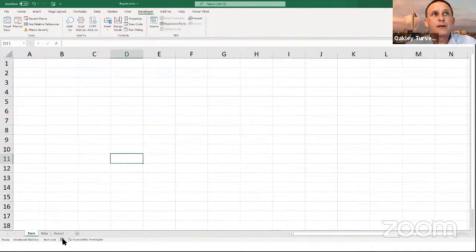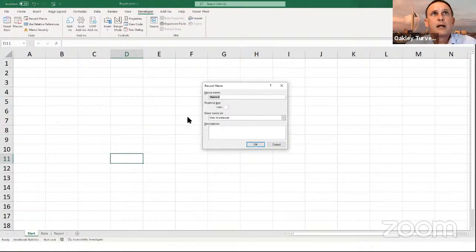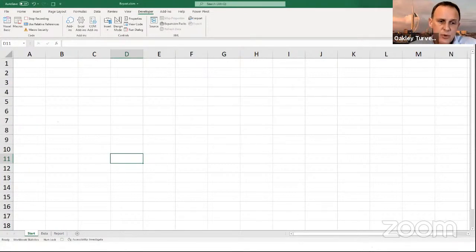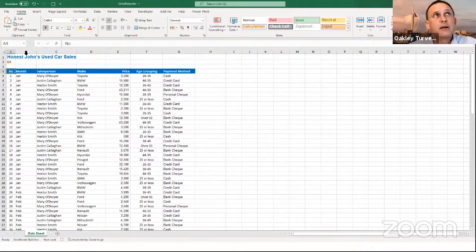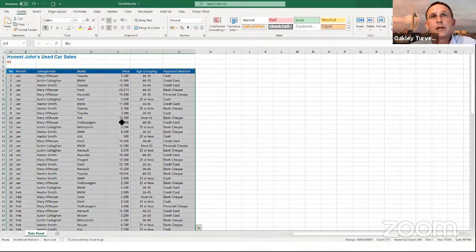We're going to record another macro, and we're going to do this one slightly differently. So this one is going to be select data 2. I'm very imaginative with my names. Click OK. We're going to change workbooks. Once again, we're going to choose B4. We're going to change it in the code to A4 later on. And this time, rather than Control A, I'm going to do Control asterisk. And you'll learn that actually that's what you should be doing all the time when you look at the code. So again, I just stop recording.